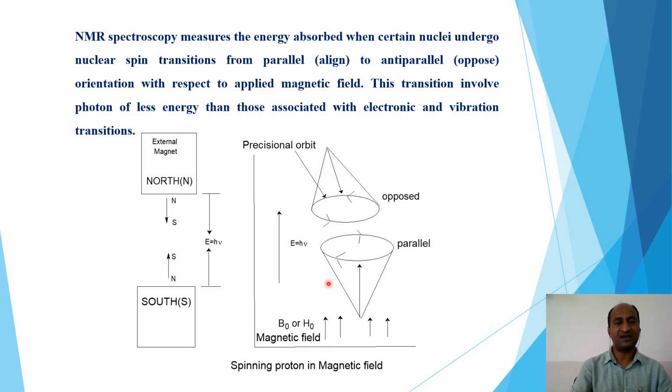We require the magnet because our proton has orientation in the presence of the magnet, because this proton behaves like a bar magnet and this is an external magnet, or you can say that this is a compass and this is the earth's gravitational field. So a compass shows direction to the earth's field, likewise this proton shows direction to the external magnet.